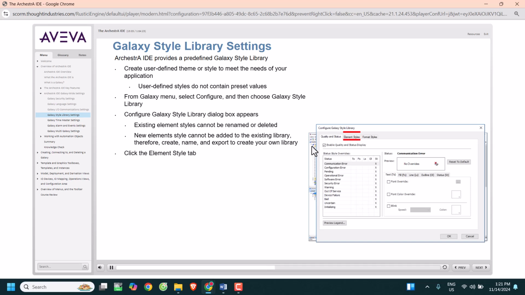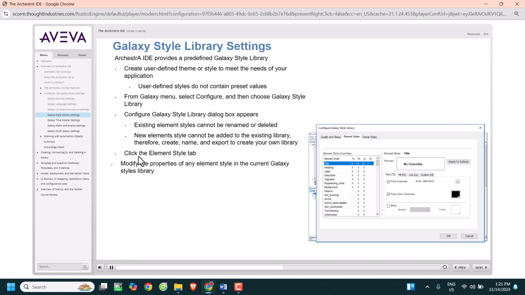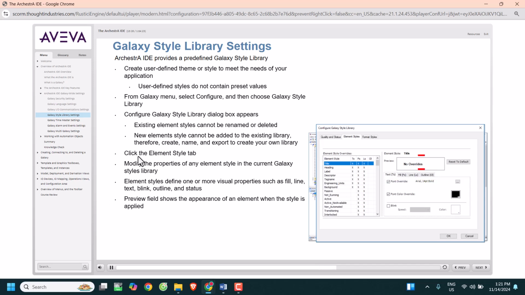Click the Element Style tab. You can modify the properties of any element style in the current Galaxy Styles library. Element styles define one or more visual properties, such as fill, line, text, blink, outline, and status. The Preview field shows the appearance of an element when the style is applied.